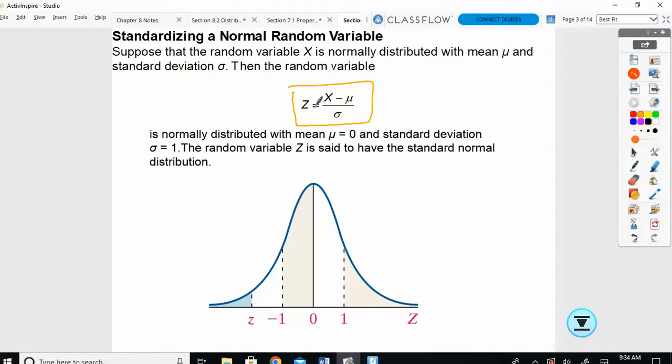In some of our examples, we would take a man and a woman and compare their heights, and we wanted to know who was relatively taller. You had to compare the woman to other women and the man to other men and see who was taller in comparison. So with this, we can take